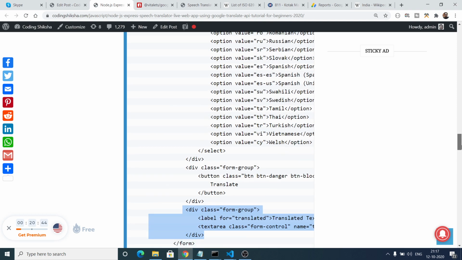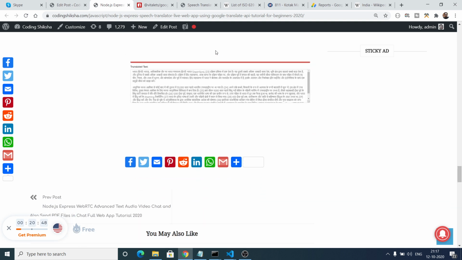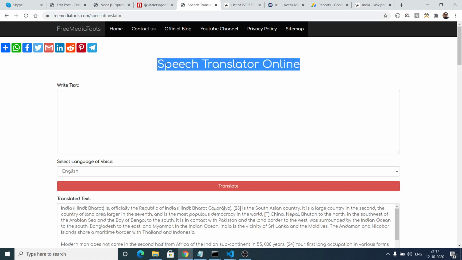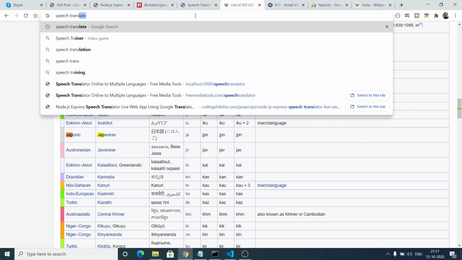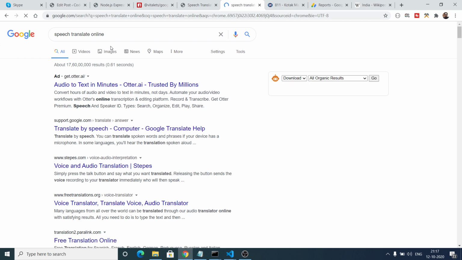You can also make this service inside your Node.js project, and you will just need a VPS hosting platform to host your web service, like I am using here. It is in high demand, so people will search for this web service on Google. The search term will be speech translate online. If you can rank this website, it will be highly profitable.